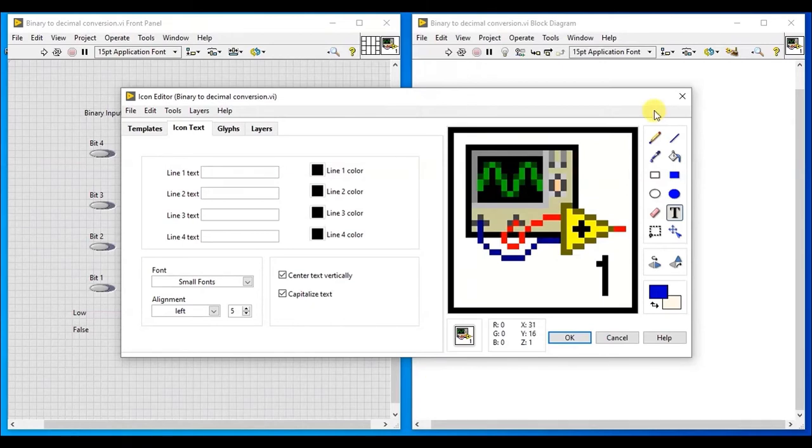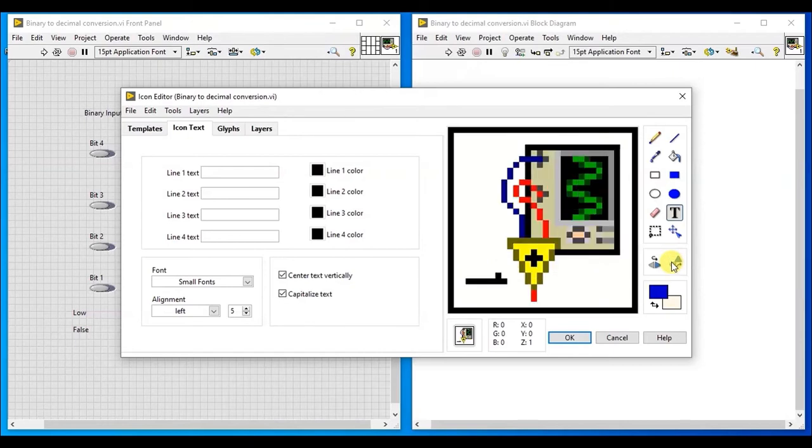To create a custom icon, I can use this given tool. Here in the given tool, I have pencil, line, color dropper, color bucket, rectangle, fill rectangle, ellipse, filled ellipse, eraser, text, select, move, and foreground and background tools. With the help of this tool, I can flip the icon horizontally. And this is a clockwise rotate tool. With the help of this tool, I can rotate the icon in a clockwise manner.